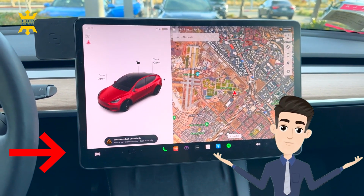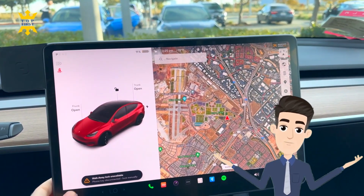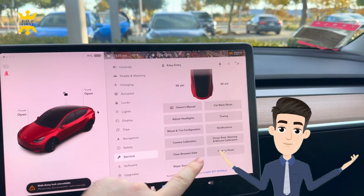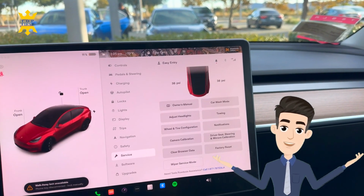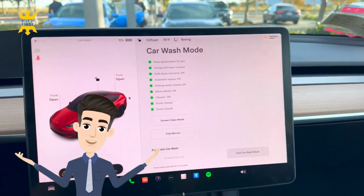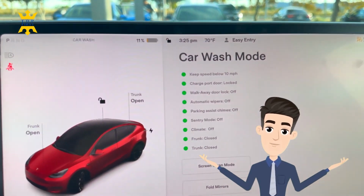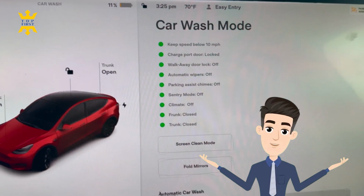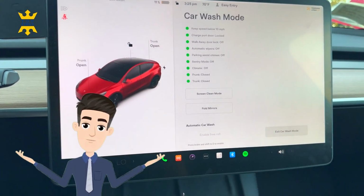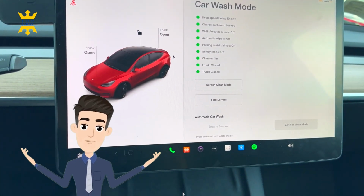So head into the car icon here, go down to Service, and then there is going to be an option here for car wash mode right there. If you tap on that, you're going to enter car wash mode, and that's going to give you some nice green circles to let you know that everything is good to go. So it's going to keep the speed lower, it's going to keep the charge port locked. All that stuff is good to go, and you can fold the mirrors in and out here if you wish,